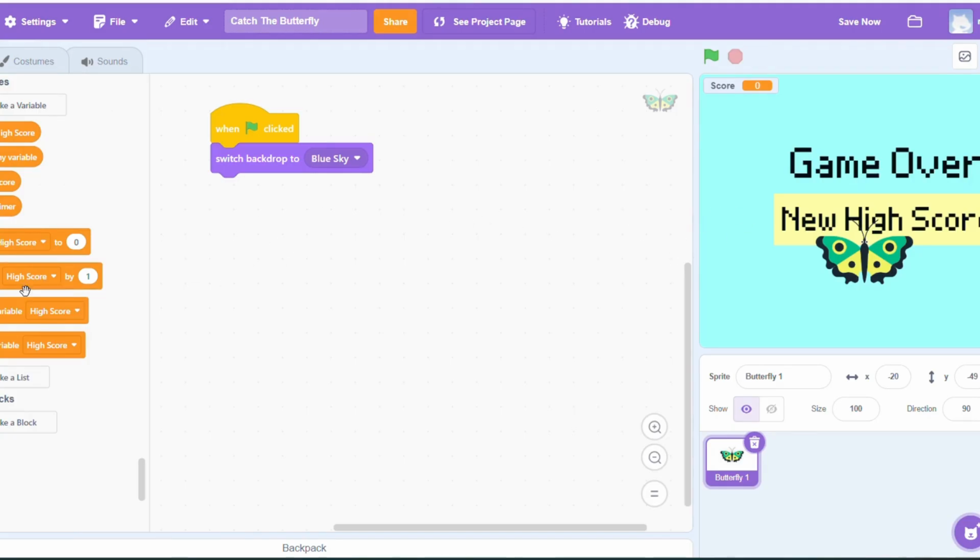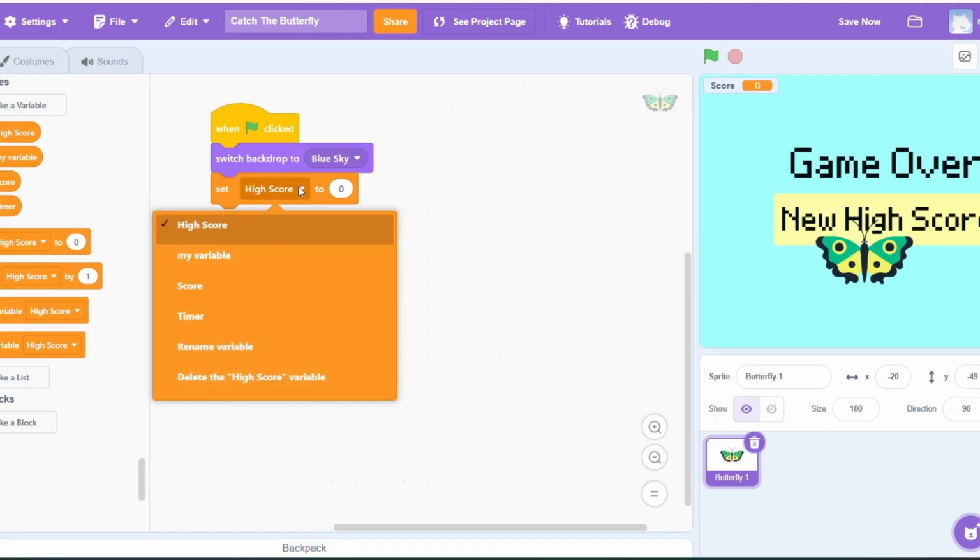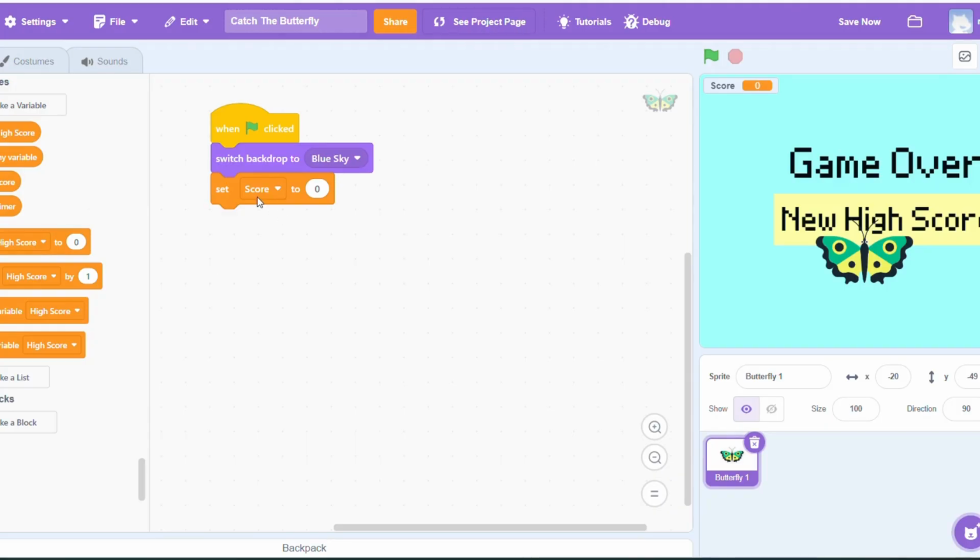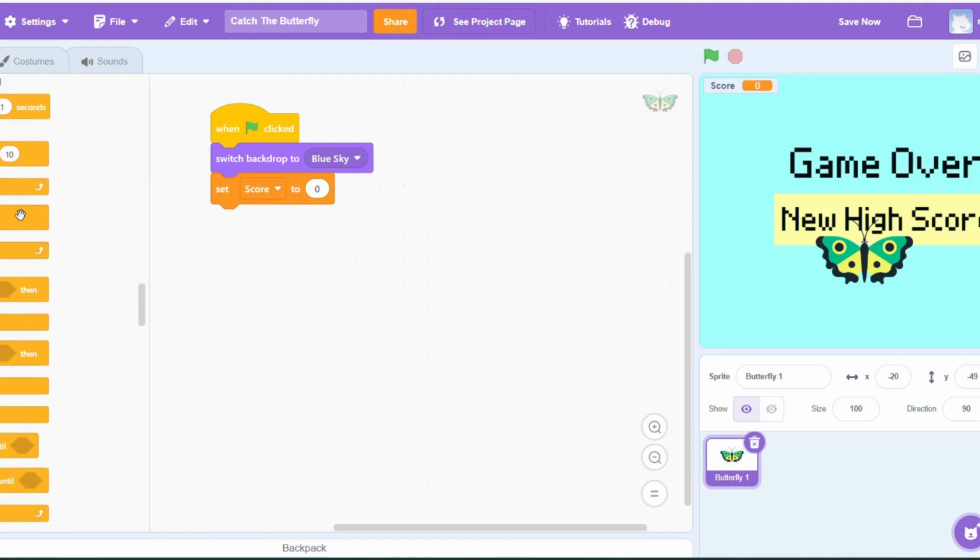Okay, so let's keep on coding. I'm going to drag a set block from the variables circles, and in the drop down, I'm going to set score to 0. So you want to choose score as the variable you're setting to 0. Okay, now I'm going to make the butterfly move around